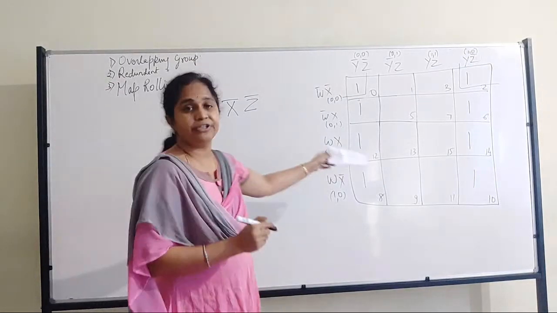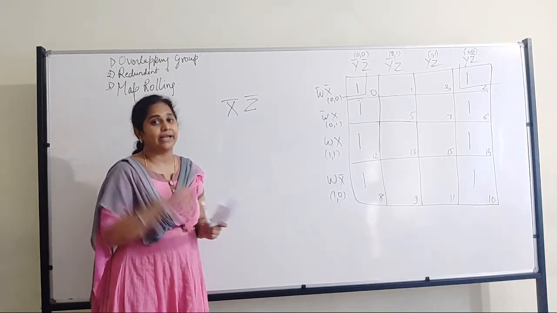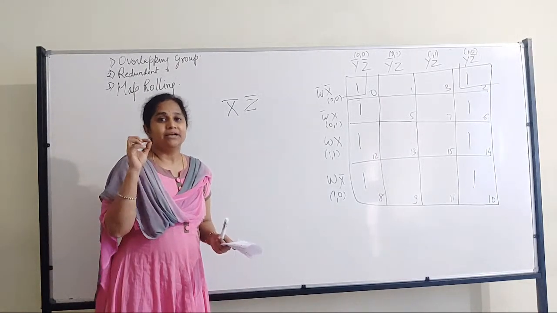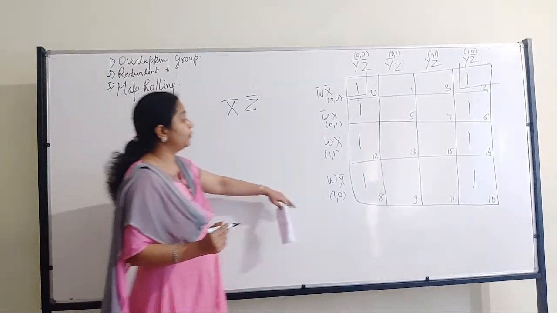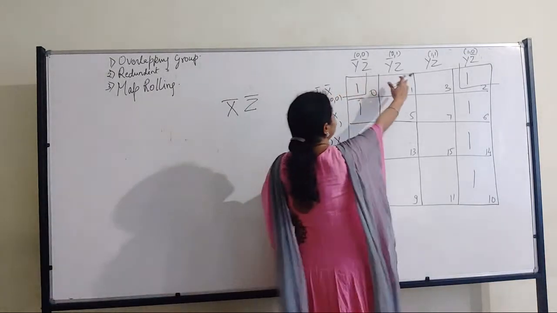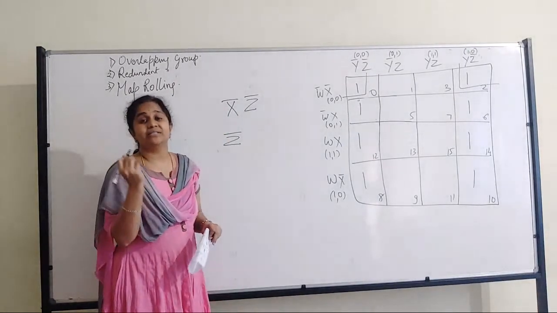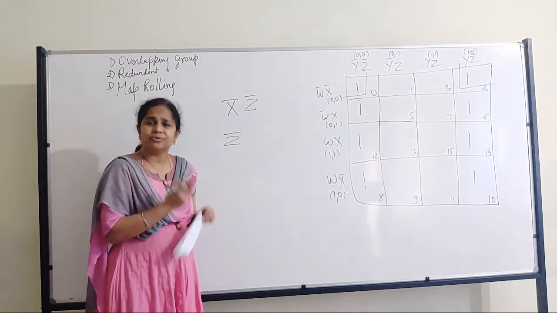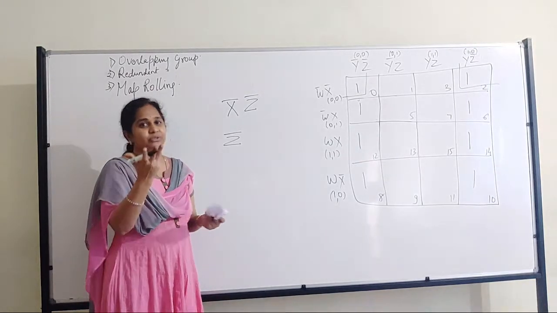So what's the answer for this octet then? I want you to think very quickly. What's the answer for this octet? I know I can't see you. It's a recorded one. But you have to pause here, find the answer and then forward it and see what's the answer. I'm going to write it on the board. This all will be changing and only on the vertical part it will be steady. So that is Z negation. Just the answer is Z negation. And you know how to work out towards the Z negation. So this is such a beautiful question where you look at the question, you know what's the answer and work towards the answer. So simple, right?